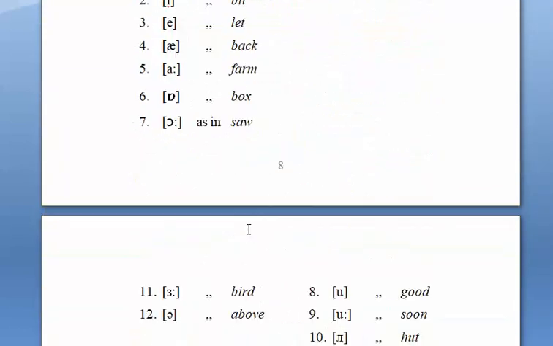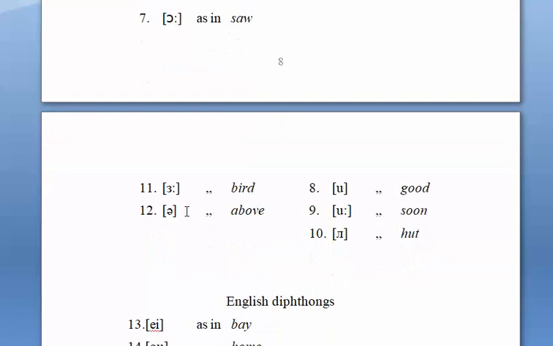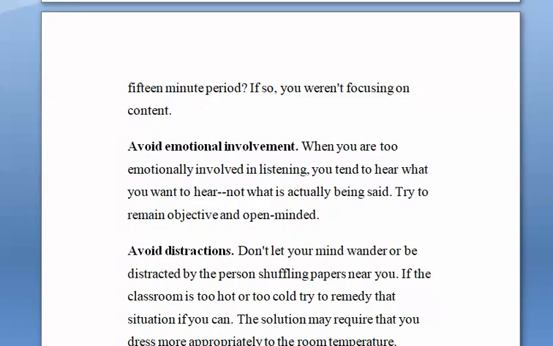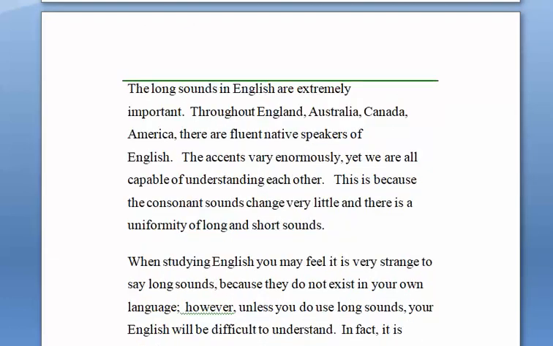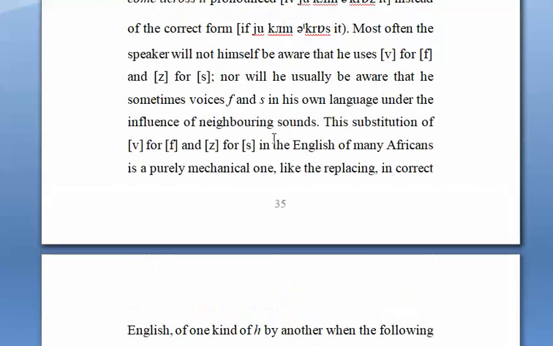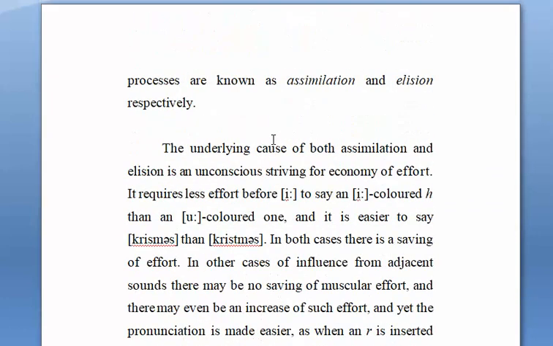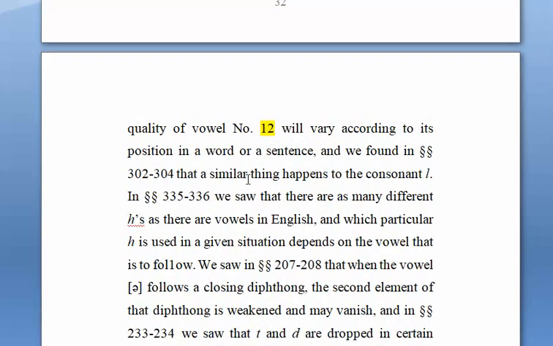So this is number 12, schwa. Its quality will vary according to its position in a word or a sentence, and we found that a similar thing, this is a reference to parts in the book, happens